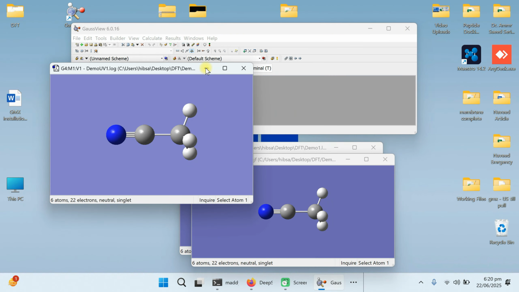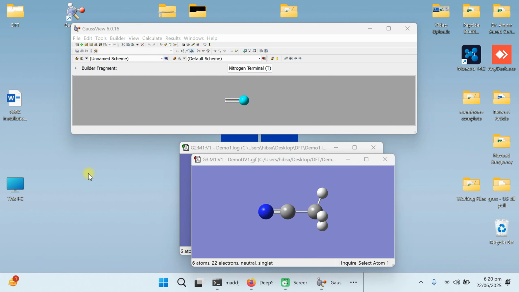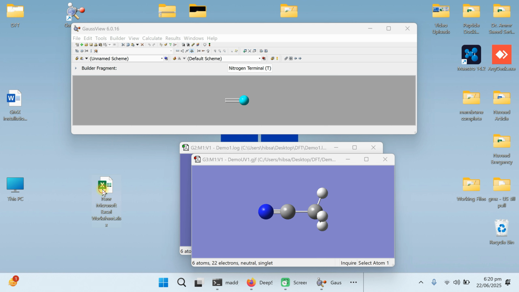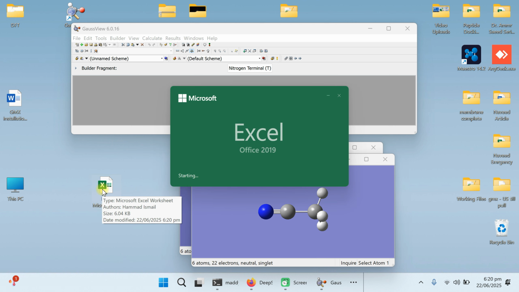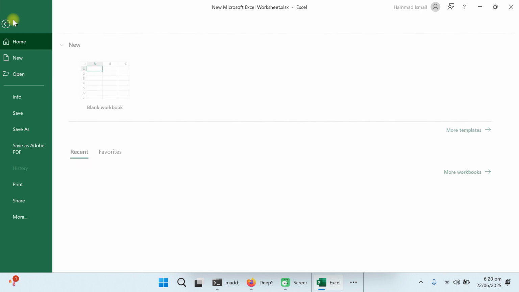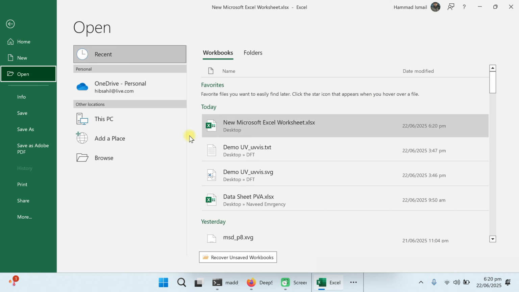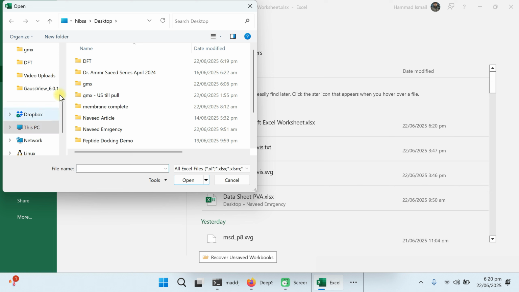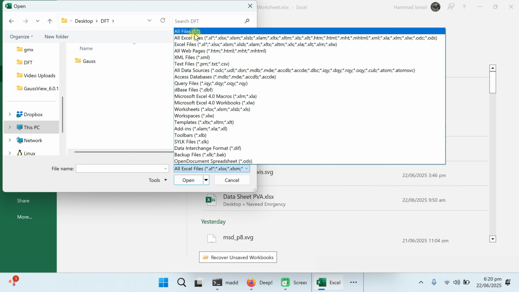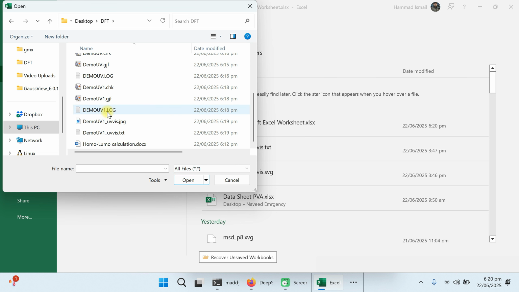One more thing I want to explain over here: right click and create a new Excel sheet, then open this Excel sheet. I'm going to explain how you can export all the readings into Excel. Go to File and Open, and browse to the folder in which you have saved the data. This is DFT on my desktop. Click on All Files. From all the files I am going to search for this one, demo UV1 visible data.txt. Select this file